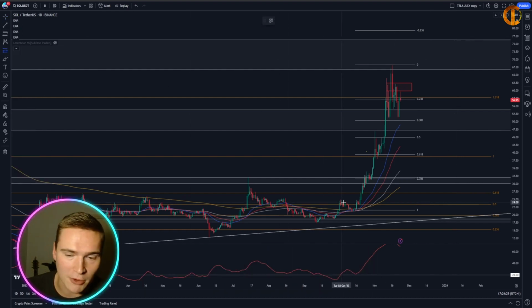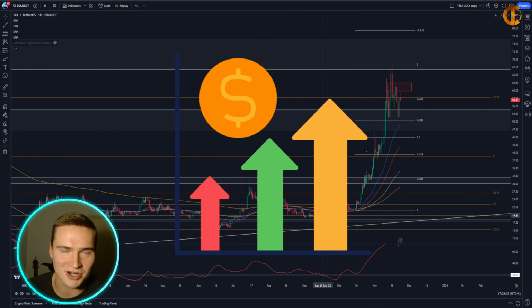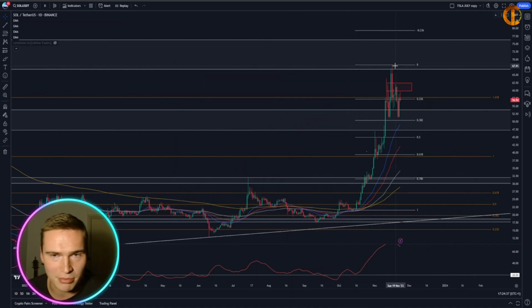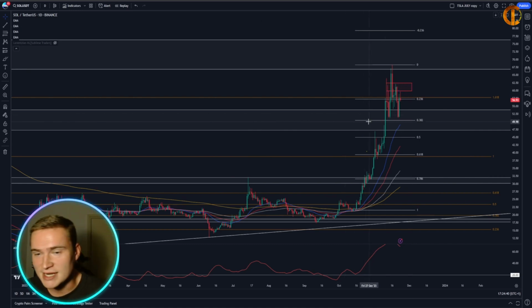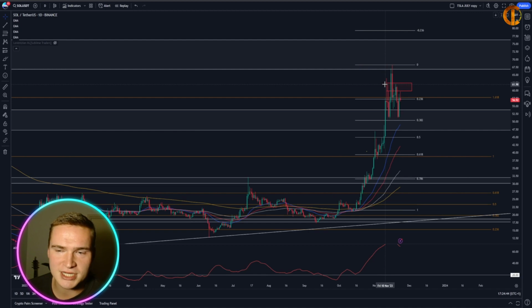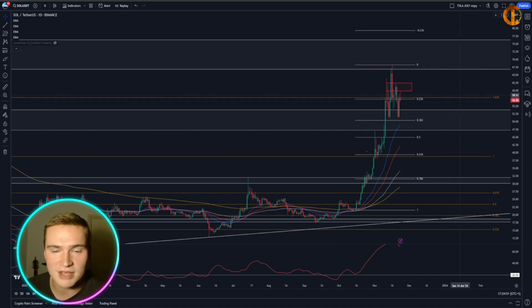Solana right now has already gained a total of 200% since the start of this rally. But in the end, it still is bullish. It showed a lot of impulse, and right now what you can see is that it is consolidating between $50 and usually $62, but it reached a level of $67 at the top. So even though right now it is fairly neutral in terms of momentum,